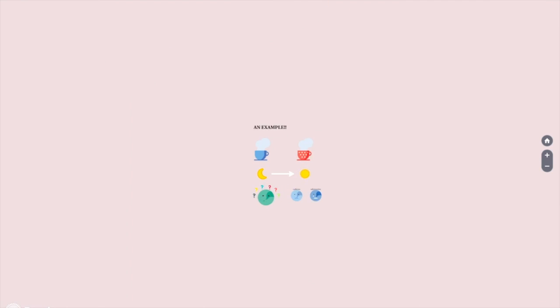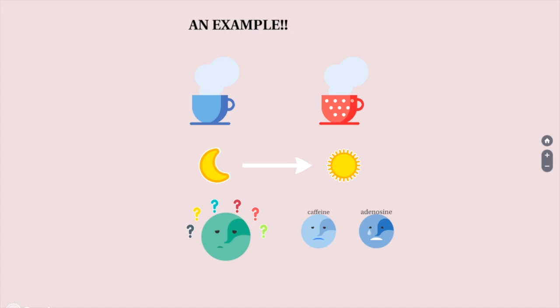An example: when you drink a cup of coffee or a caffeinated beverage, your body goes from tired to hyped. That's because the levels of adenosine rise each hour in the body, binding to receptors on a nerve cell. Caffeine looks like adenosine, so when it binds to the adenosine receptors, it goes unnoticed by nerve cells.